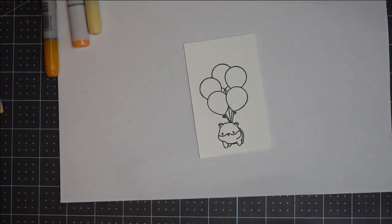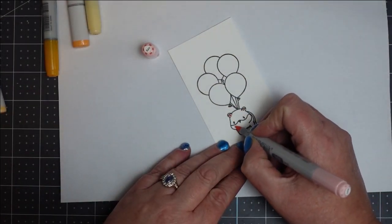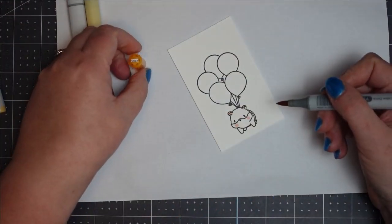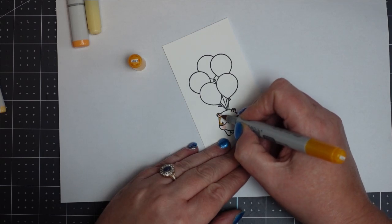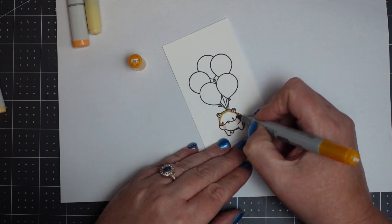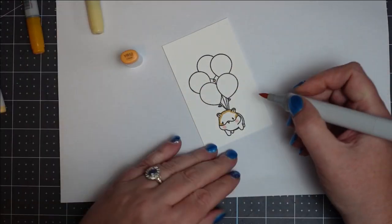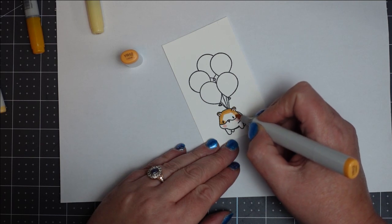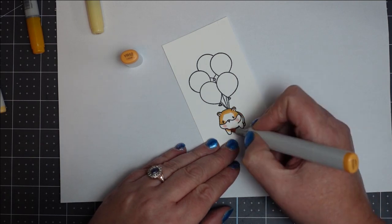So let's get started. I'm using Copics and it's on Nina 80-pound cardstock, and I've stamped it out with Memento Tuxedo black ink, which is Copic friendly. It's very basic colouring today. I'm just starting off with the dark, going in with the mid-tone and then blending it out with the light tone. So not rocket science today, it's very, very easy and quick